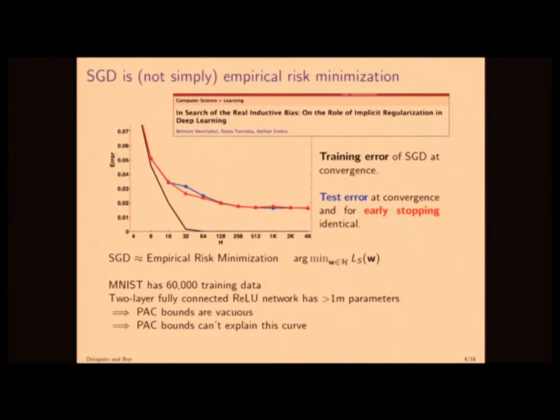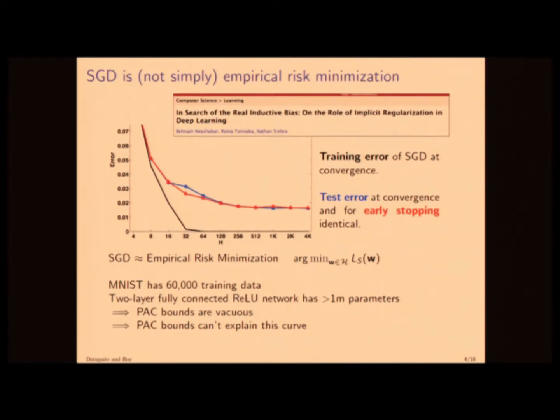So SGD is not simply empirical risk minimization. This is a nice picture by colleagues at TTI. We heard from one of them earlier today. They're training larger and larger networks until they reach zero training error. After this point, SGD is behaving like an empirical risk minimizer, but we're not seeing any overfitting. So surely the performance of this is not entirely explained by, say, VC theory. And you can rapidly overfit on randomized labels too, so it's not just that the structure of the data is easy in some way.